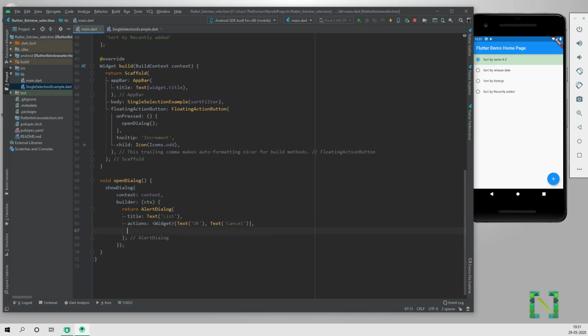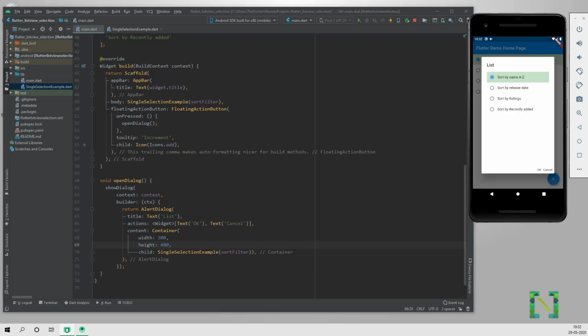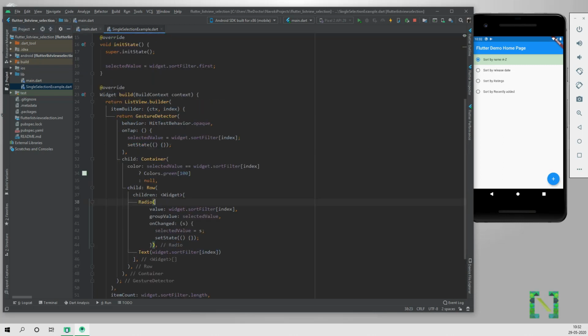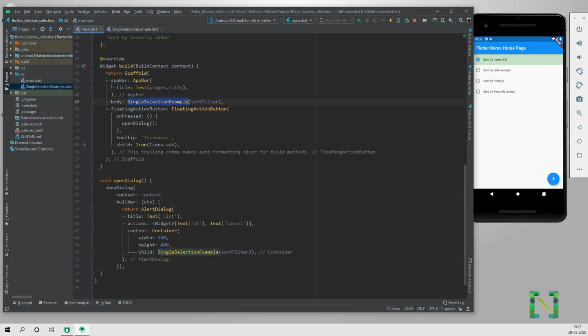So this is the specialty of Flutter, that everything is a widget. I can create one or more copies of that state where the UI and feature will be there already. So you can see the dialog is present on the UI now, and the single selection is there. The single selection used here is the single selection instance that I created before. These are different copies of the single class that don't have any relation with each other.